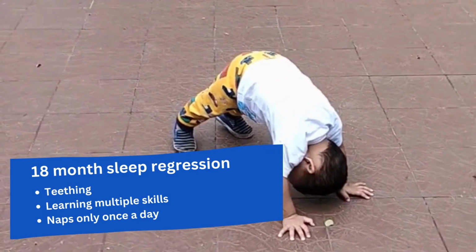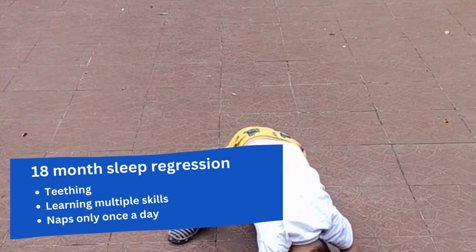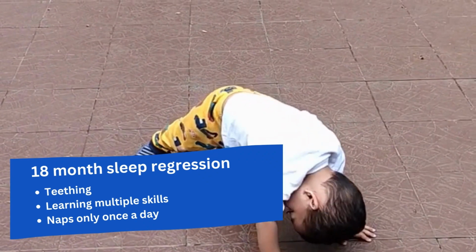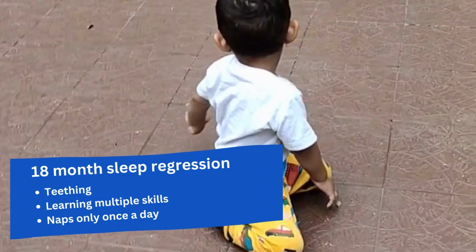These two things act as a major disruptor for sleep. Your little one will want to practice these skills even in their sleep. Around 16 to 20 months, most babies face a sleep regression. This is also the time when babies only nap once and their body is getting adjusted to a single nap